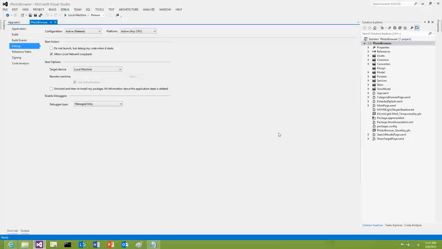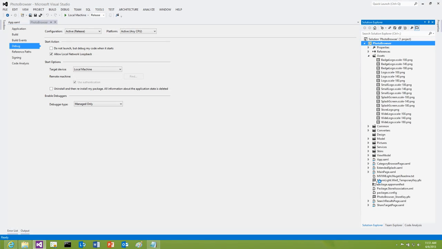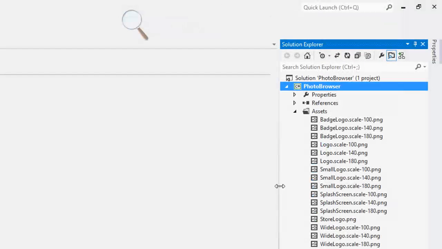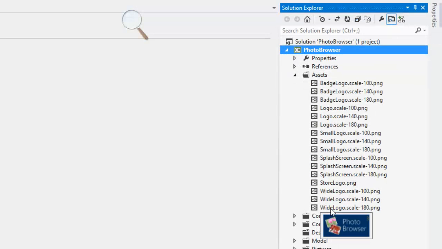Inside this particular project, this is a project that's done as part of my book. It's just a photo browsing app, right? Inside this particular project, I have a number of different design assets. And I'm using them for things like the splash screen. I'm using them also for stuff like the app tiles and icons and whatnot. And each of those assets is named specifically over here. So if I look under this assets folder, I have badge